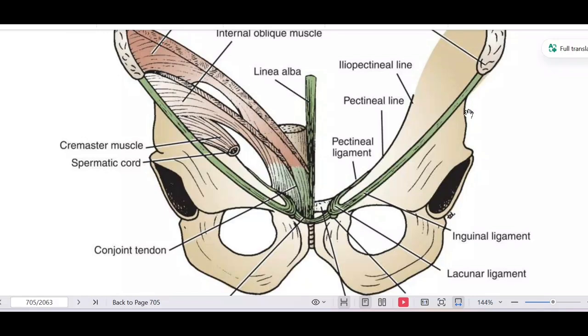Okay, and then again the deep fascia of the thigh is called the fascia lata. We have already discussed the fascia lata in the previous lecture, in the superficial fascia of the anterolateral abdominal wall. So the deep fascia of the thigh is called the fascia lata, and the fascia lata is coming upward and is going to attach on the posterior, or you can say inferior rounded border of the inguinal ligament. The inferior rounded border of the inguinal ligament gives attachment to the fascia lata, but superiorly the lateral part of the inguinal ligament is going to give origin to the internal oblique and the transversus abdominis muscles. Okay,